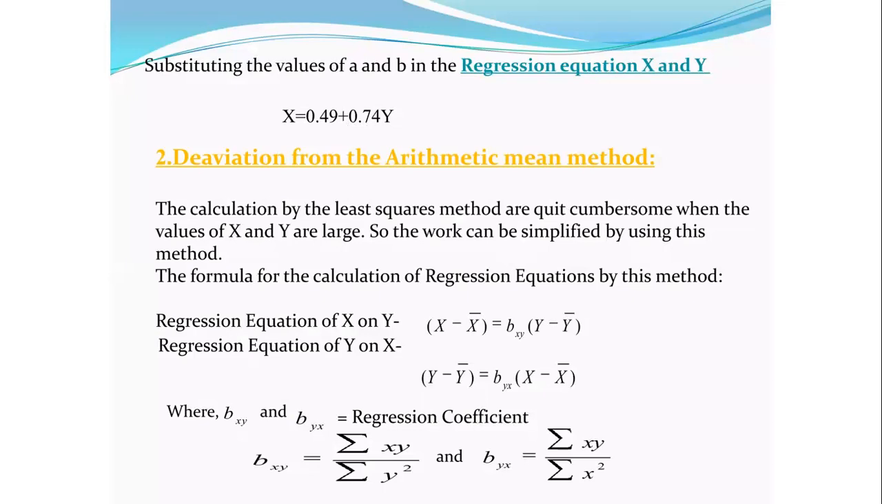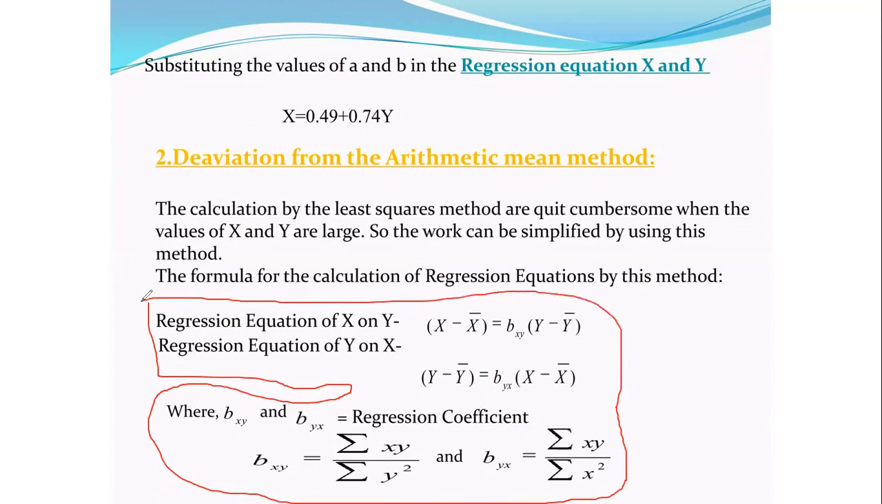So the next one is deviation taken from the arithmetic mean or the actual mean. If you're taking deviation from the actual mean or arithmetic mean, then you have to use this formula. What is the formula? So y on x and x on y is given here. X on y is x minus x bar is equal to bxy into y minus y bar, and y on x is y minus y bar is equal to byx into x minus x bar, and